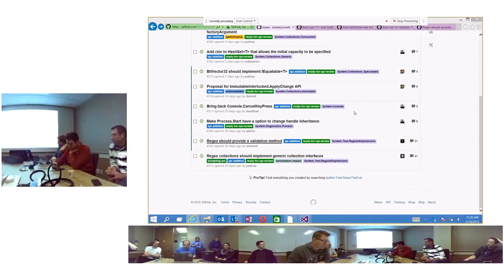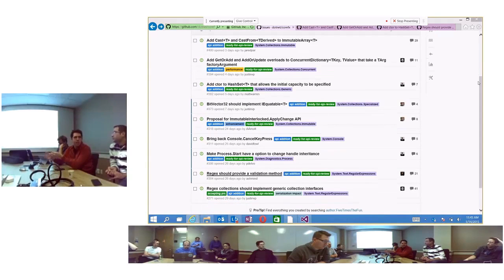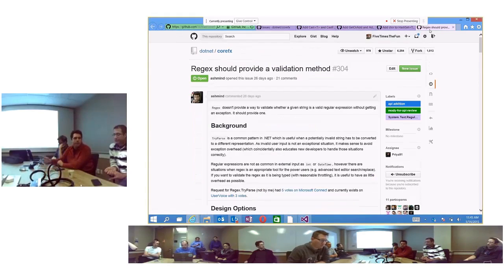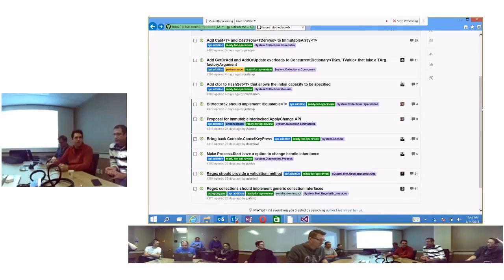strings, and so it has try-parse. I think of try-parse as: I'm getting data from the user, and I want to validate that it's correct before I go ahead and do my thing. If I get an exception, it's because I programmed something wrong. If I get a false, it's because the user gave me something wrong. But you could also imagine that you have fields for the minutes and hours, and we don't offer something to validate that those individual fields are correct before you send them through to the constructor. So it does seem like what you said earlier: if you get a string and you want to parse a string, that's where we only have the pattern